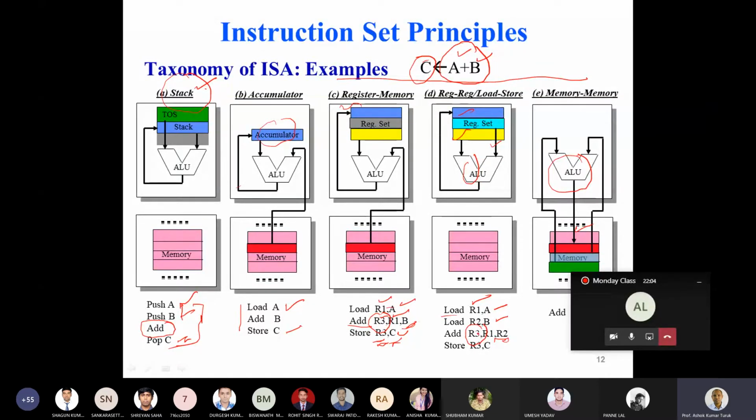The content of the register R3 is again stored in the memory location where the variable C is pointing to.